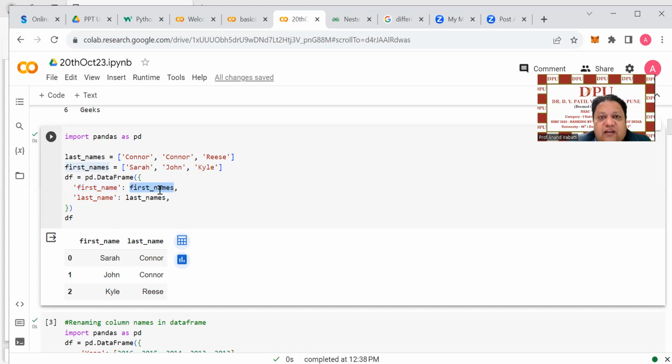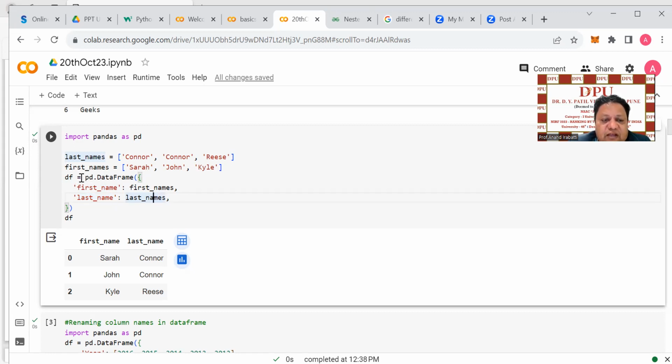So here I can refer to all the values of my first name by its key, that is first name. Again, for last name as well, to access the last name, I am giving the key as last name. You can give any other name. This is important: where are the values stored? The values are stored under last name and first name. So here I have created a dictionary, and from this dictionary I am creating the data frame with the help